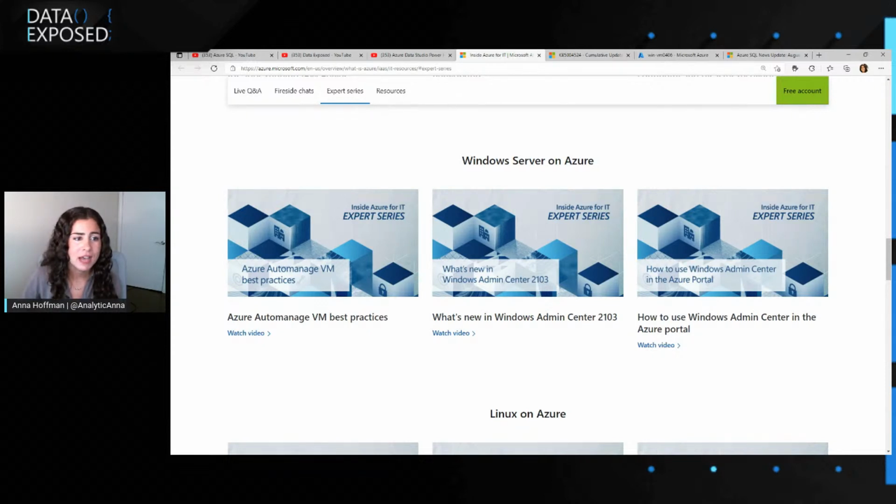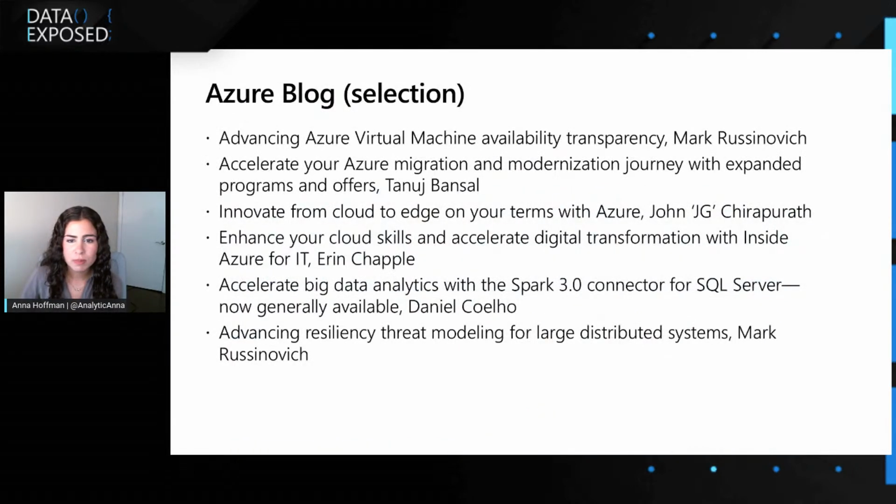We'll see what happens. The only other blog up here is Daniel's blog about the GA announcement of the Spark 3.0 connector, which you guys already are pros at. But if you want to double click into any of the things there, I put a link to this blog in the news update. So that's something to check out. All right,